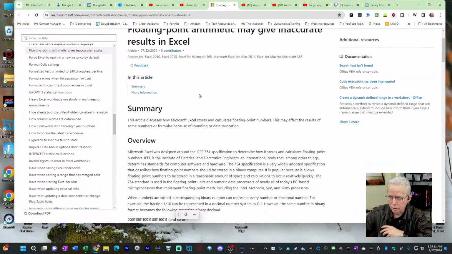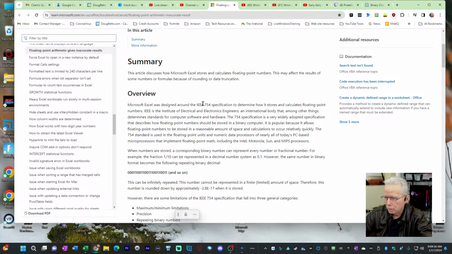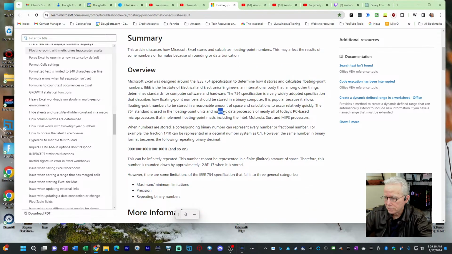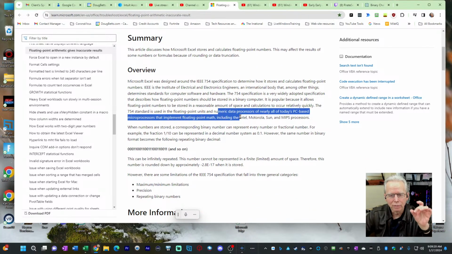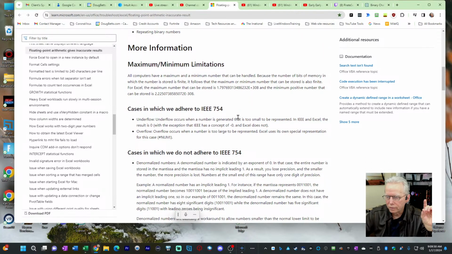Now, when I went looking at this article that Greg M took us to, calculating floating point numbers, I was getting into this and I was saying, okay, fine, but there's no division in here. It's dollars and cents. There's only 2 decimal places. There's no division involved. But yes, there is a form of division involved when you get into how they determine what would be stored in binary for floating point numbers.